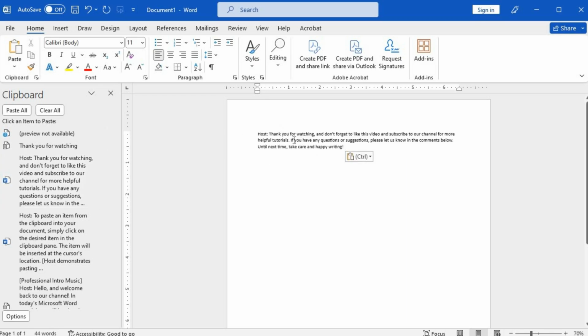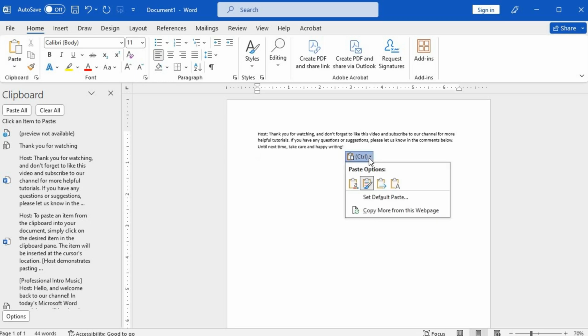If you want to paste the item with the formatting it had when copied or cut, use the Paste Options feature. Whenever you paste an item, a small icon will appear near the pasted content. Click on that icon to see the available paste options. From the Paste Options menu, you can choose to keep the original formatting, merge formatting, use destination formatting, or simply